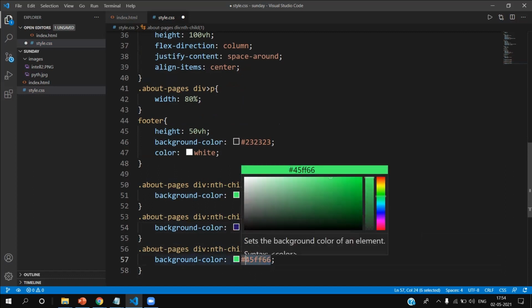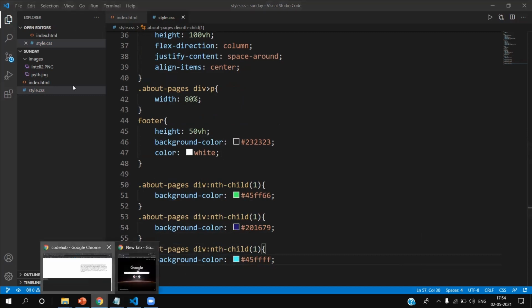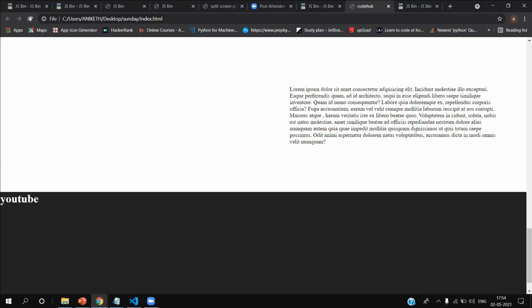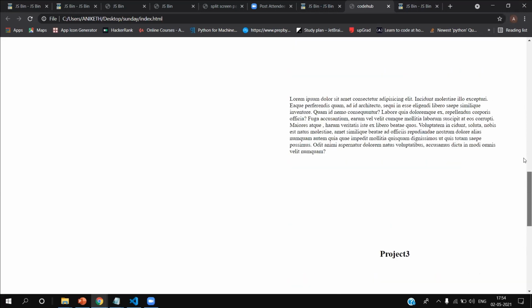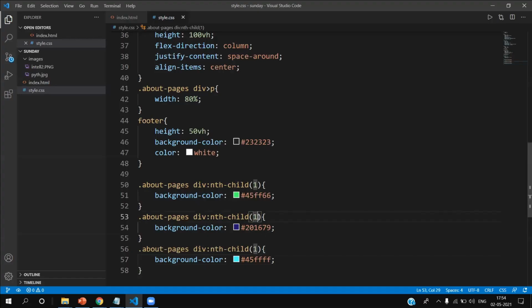And let's give 45 FF. Now if you see, nothing happened. It's just because I've given the child name as 1 only. So this is for 2, and this one is for the third child.